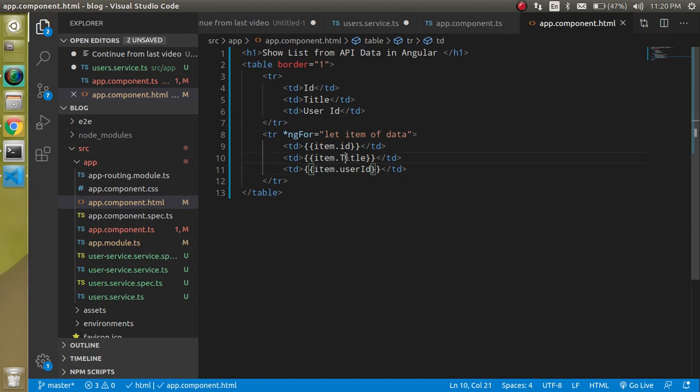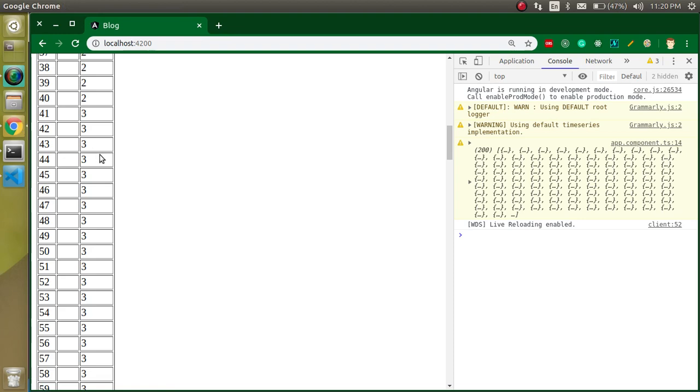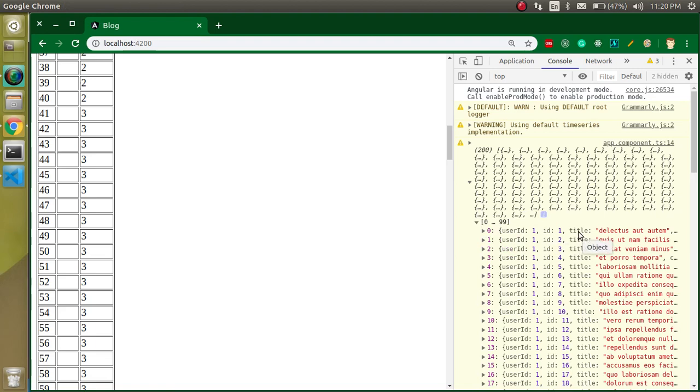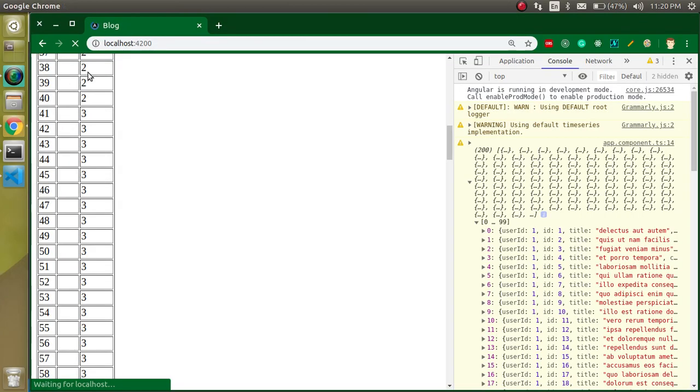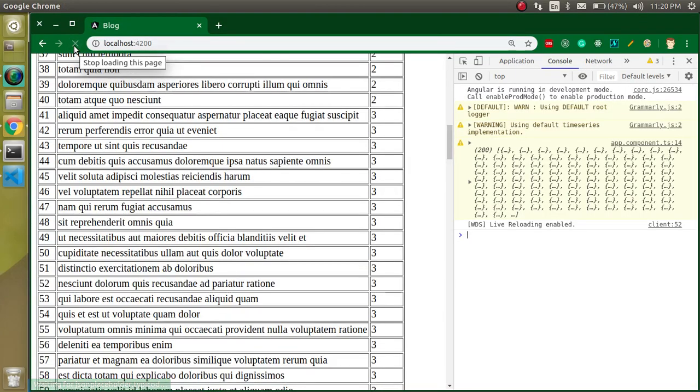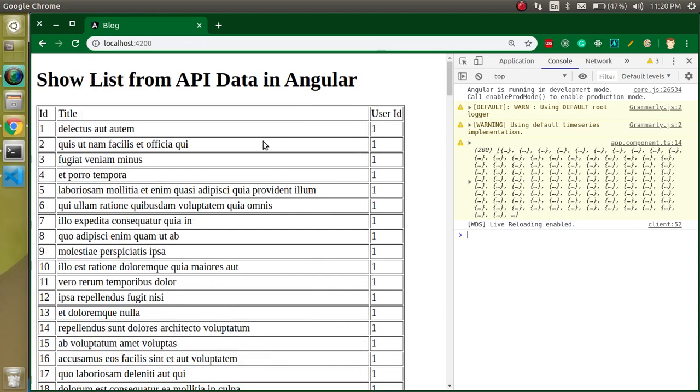And I think the title should be the smaller one, right? Let me check how the title looks. Yeah, this is fine. I think we just need to refresh it once. Right, now you can see that we got the new data.